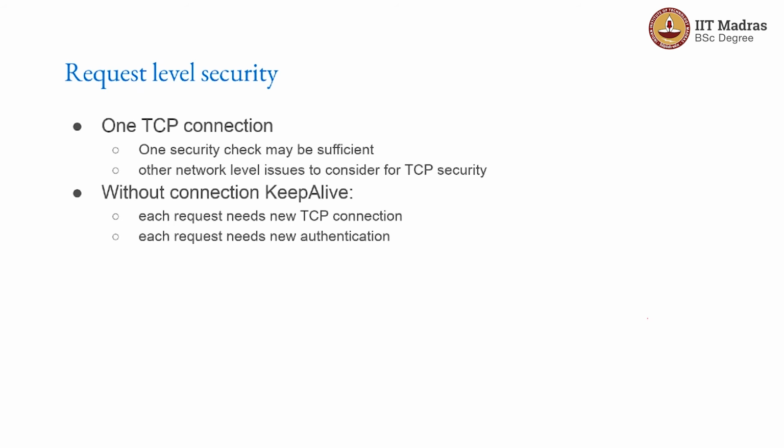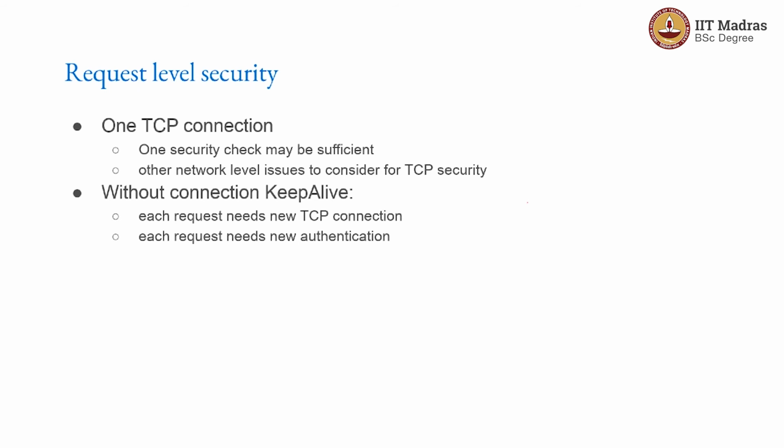Now, each request that is going from the client to the server requires a certain degree of security. One way of doing it is: I have one server, one client. The client establishes a connection to the server. If I need to make a new connection for each and every request, then for each and every connection I need to re-establish my authentication. On the other hand, if I can somehow keep that connection alive and send multiple requests across it, that's good news,